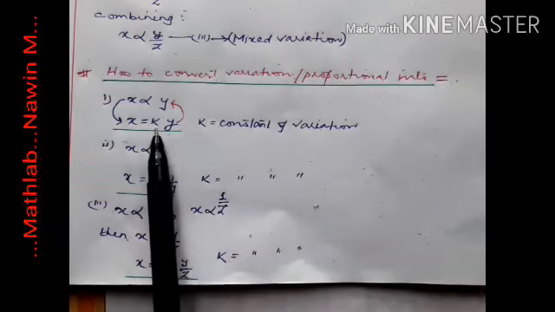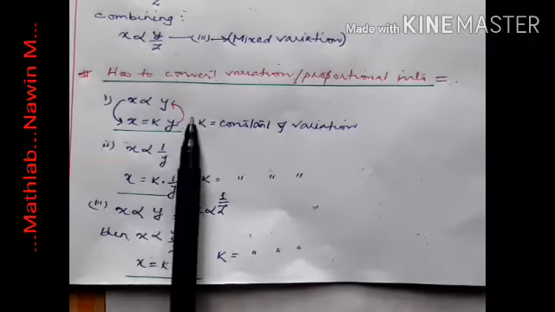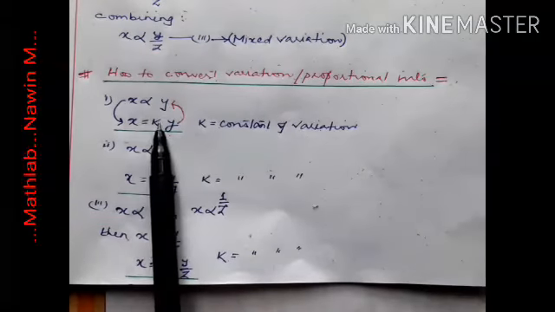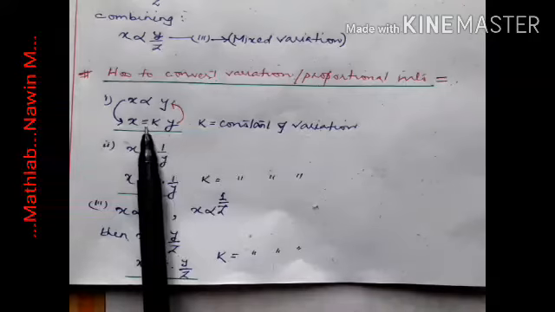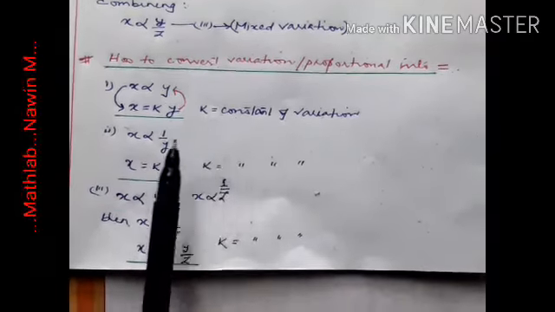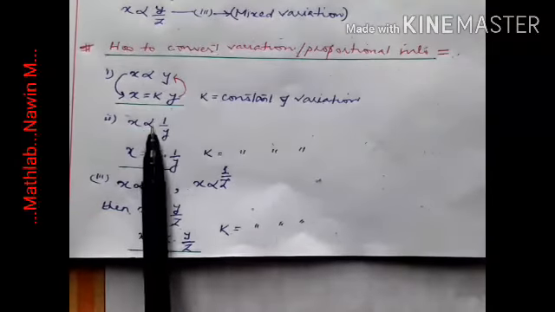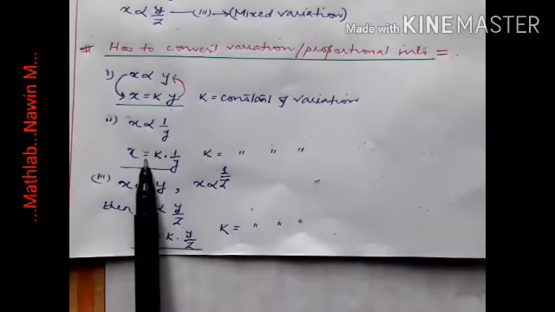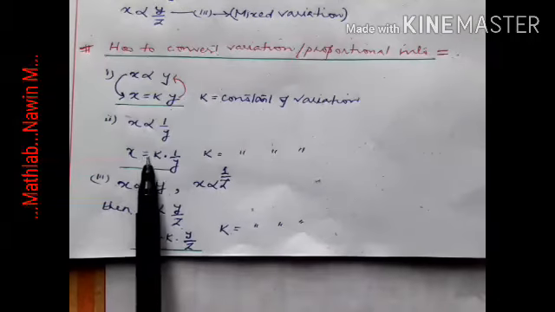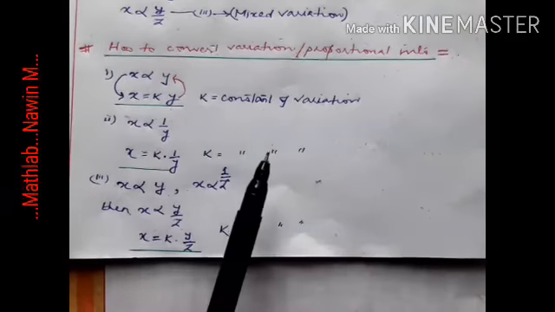And if we remove this constant, then this is equal to will again convert back into variation. So from variation to is equal to, introduce a constant. From is equal to to variation, remove the constant. That is the concept that you have to learn. And in the next, suppose this is inverse variation, same variation to equal to, if you want to convert, you introduce one constant k. Okay, and if you want this equal to change into variation, then you have to remove this constant.